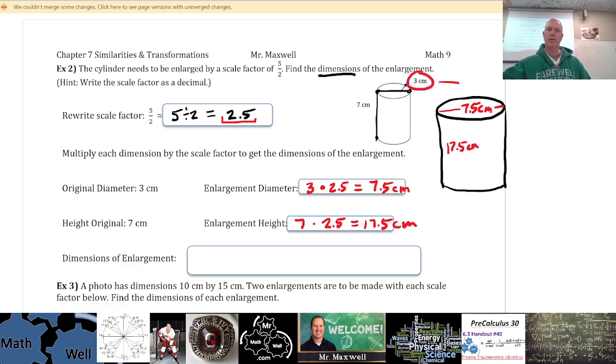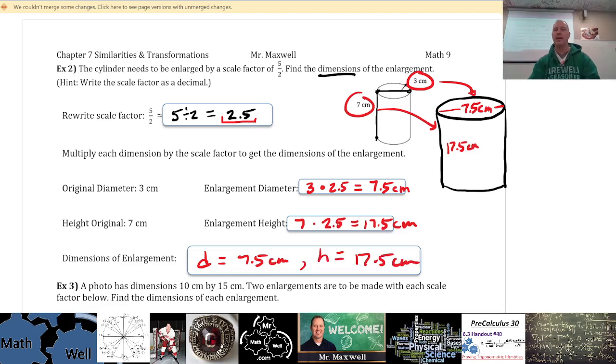All right, so 3 goes to 7.5, and 7 goes to 17.5 when we multiply it by 2.5. So we have diameter equals 7.5 centimeters, and the height is 17.5. All right, any questions about that there? Pretty easy? All right. So if you're going from original to a scale diagram, just multiply by the scale factor